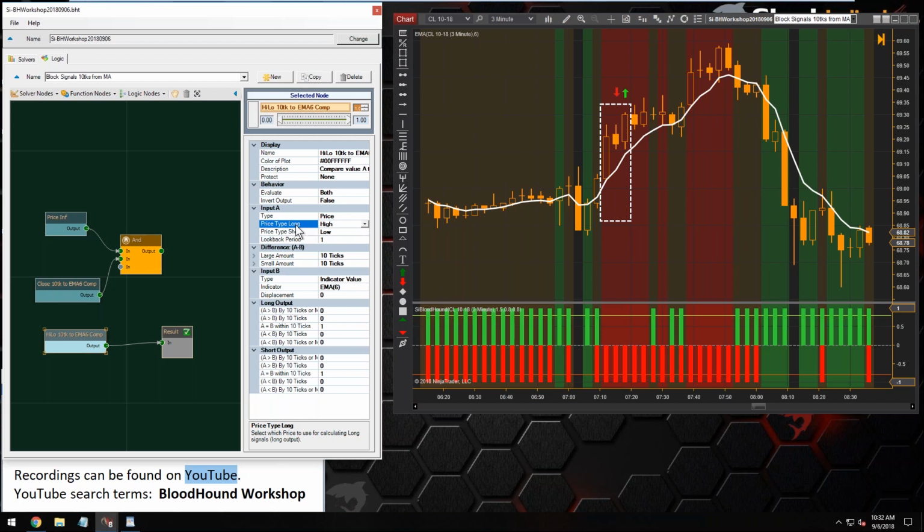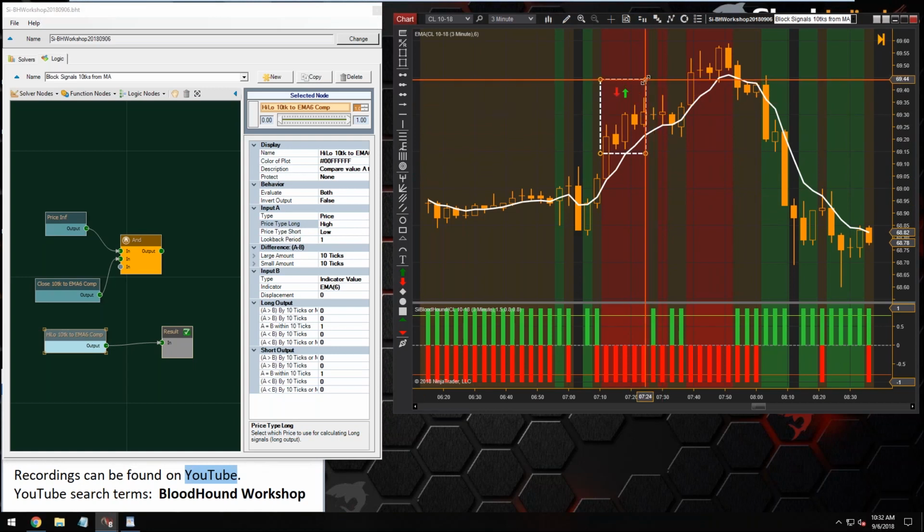So if you're wanting to block long signals, then you will need to put the price point in here that you're wanting to use when you're trying to block long signals. And same for short signals. If you're trying to block short signals, you need to determine what price of the bar we're going to use here. So in this particular case,